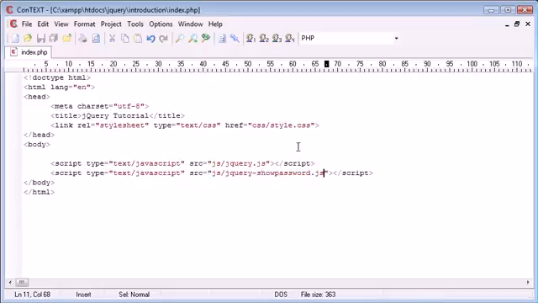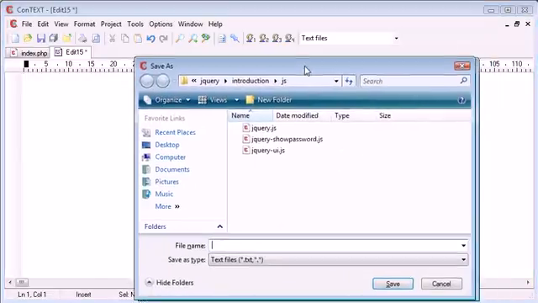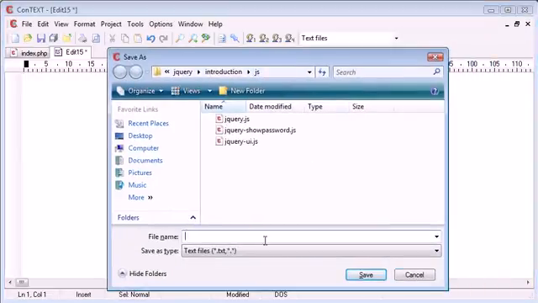Now, as with all jQuery or JavaScript, we'll want to keep all of our code in an external file. So I'm going to go ahead and create a new file and save this in the JS folder as well. And this is just going to be called